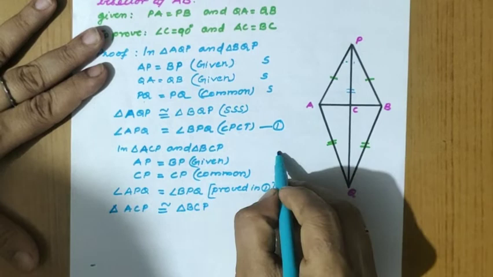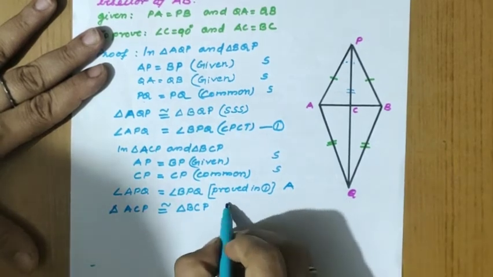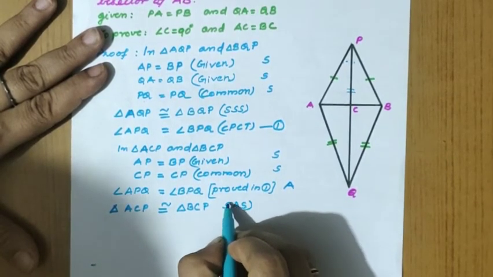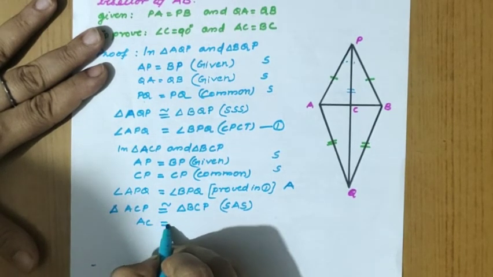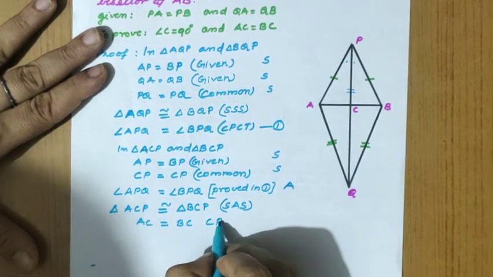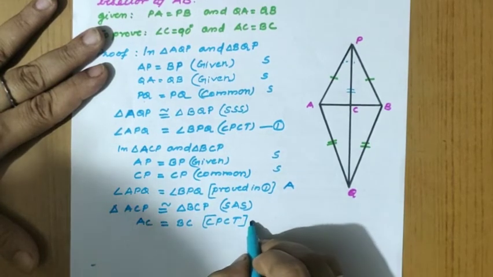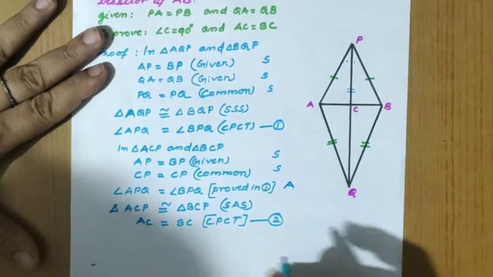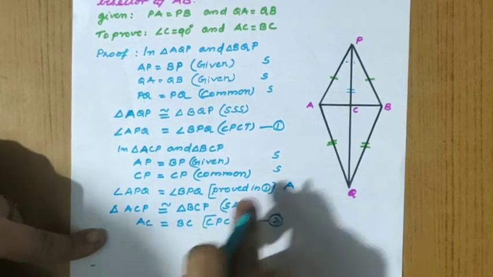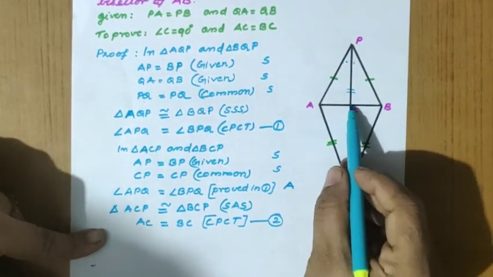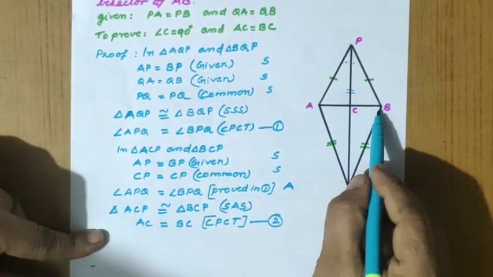So now which criteria do you think? S, yes, A. We checked that this angle is the included angle. So definitely we can write which criteria? SAS. Now after this SAS criteria, can we write AC equal to BC as CPCT? Check that one. Okay. See, we got AC equal to BC by CPCT. Now we have to write equation number 2. Why am I writing this? Because this is the one proof which is required. So AC equal to BC means AB is equally divided by this line. PC or CP or PQ divides AB into equal parts. AC and BC we got.